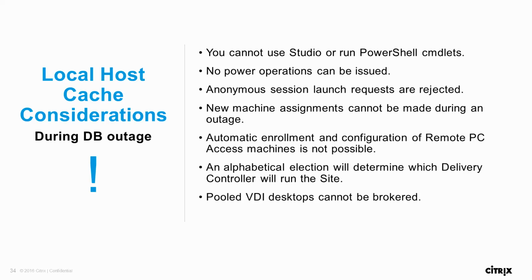I have a question, Mahesh. If the primary goes down and we are using the secondary one, can we still deliver applications and desktops to the users? Yes, the secondary can deliver normal operations, but the site database is still down. Your primary delivery controller is also still down, and you are only running with the secondary delivery controller's local host cache. But we cannot publish a new application. Yes, users will continue.